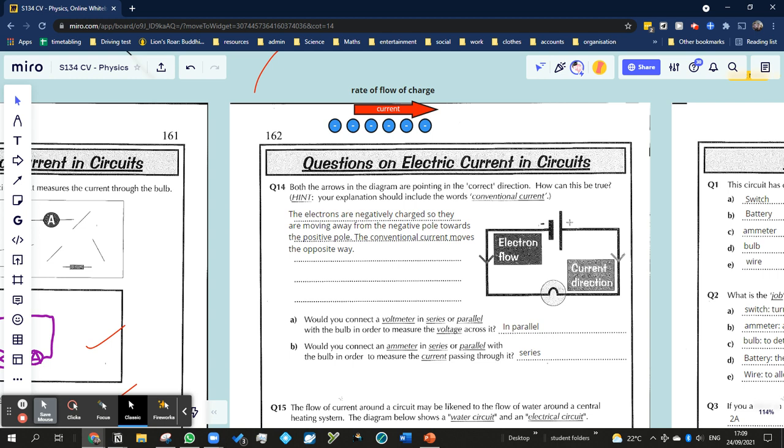With every movement of an electron to the left, the right hand side becomes more positive, especially when you consider that the metal is made of protons as well as electrons. So when you move an electron away from something that was neutral, it's now going to be positive. So actually it really is that positive charge is essentially moving to the right, even if it's by virtue of the negative charge moving to the left. Okay,